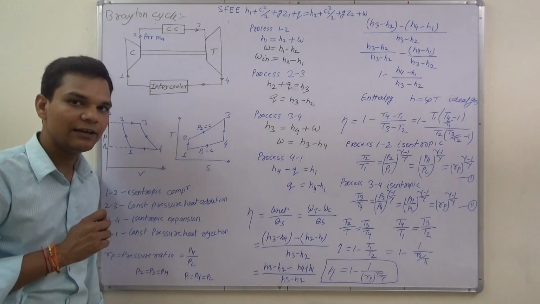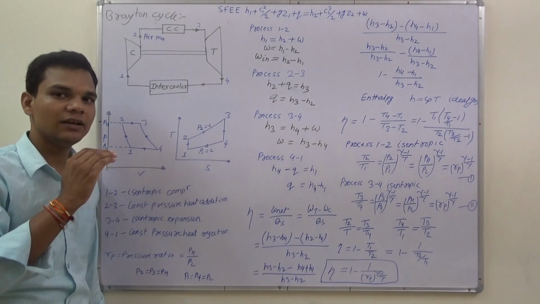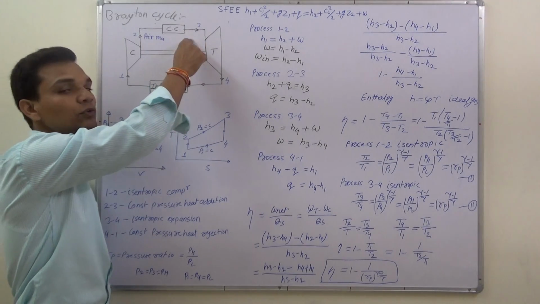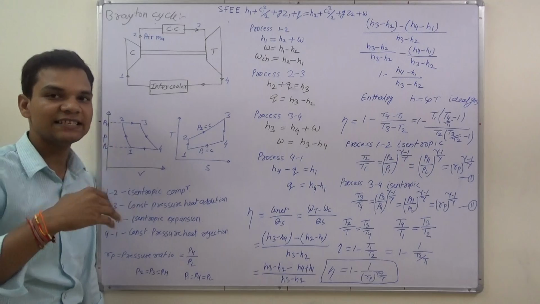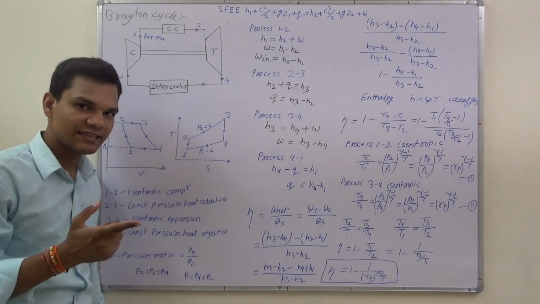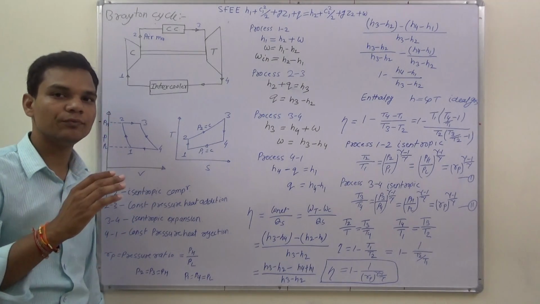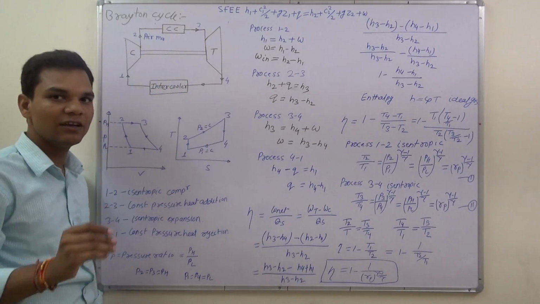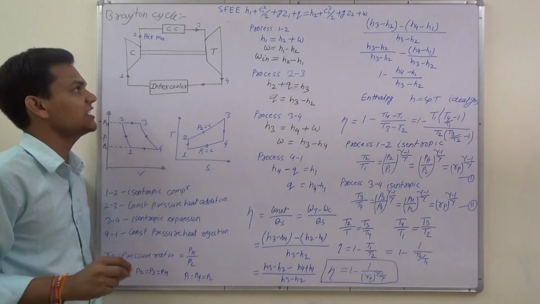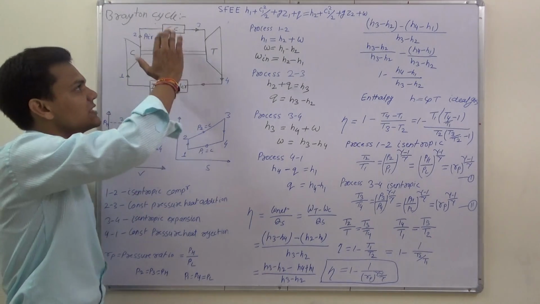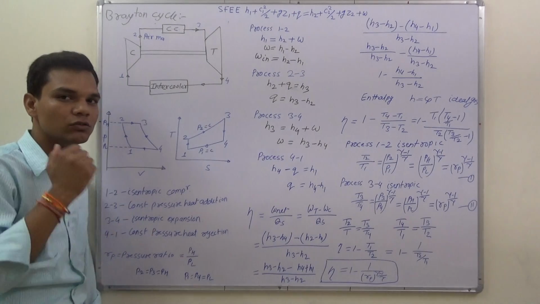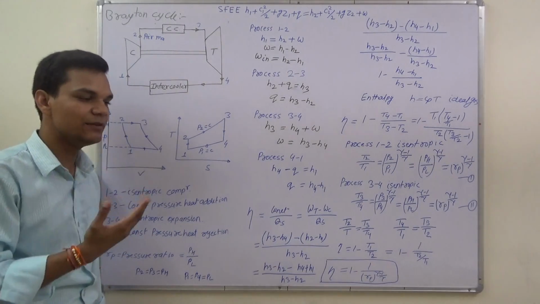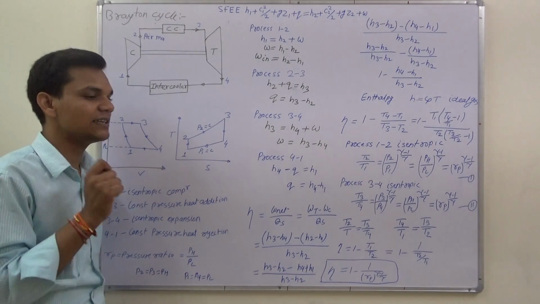Third assumption is that we assume air as an ideal gas, but in actual it is a mixture of fuel and air, but we assume it as an ideal gas. Next assumption is that there is no friction at all. We assume our cycle as reversible, but in practical cases friction takes place in all devices: compressor, combustion chamber, turbine and the intercooler also. But for our study purpose, we assume that there is no friction at all.